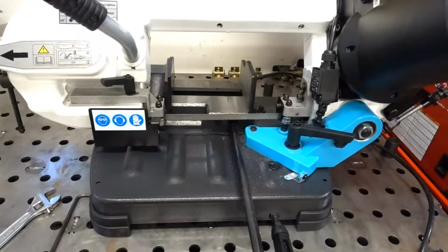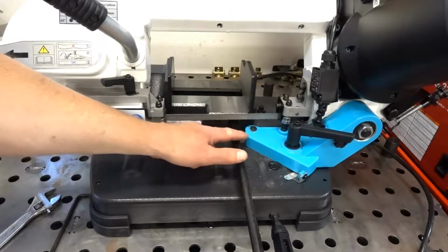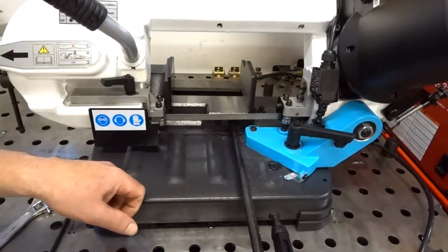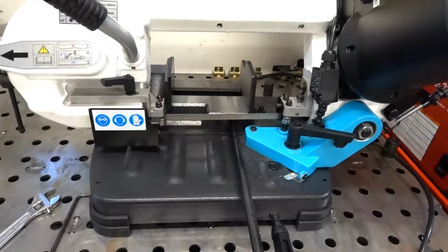Hi everybody, I thought I'd give you all an update on my Baileigh BS-127P and tell you guys why I decided to keep it. If you've seen my earlier videos on the BS-127P, you'll see some sloppiness in the pivot for the miter adjustment that was actually caused by a fracture in the pivot mount here on the miter adjustment mechanism. I originally bought the saw from Summit and was going to return it to Summit,